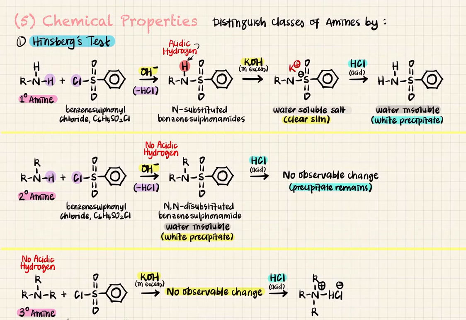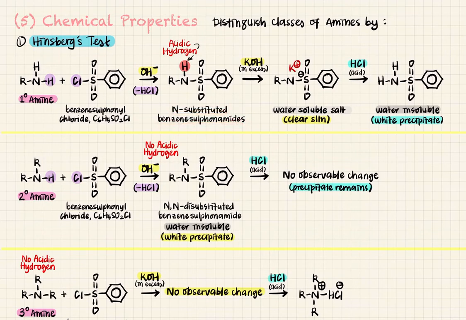So for primary amine, we are going to react it first. In the first step, you remove HCl when you react with benzene sulfonyl chloride, you're going to remove these two. So when you remove that, you just join these